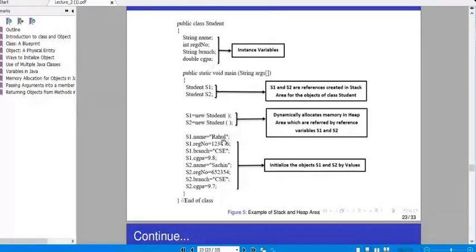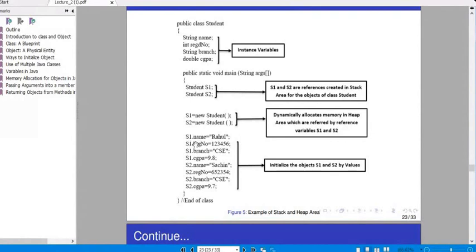So S1.name equal to Rahul. Just as I have told, with the help of object reference name and dot operator, I can access the members. Members refers to what? Data members as well as member functions. Just look here. Here I am not accessing the member functions, rather I am accessing the data members of the class.